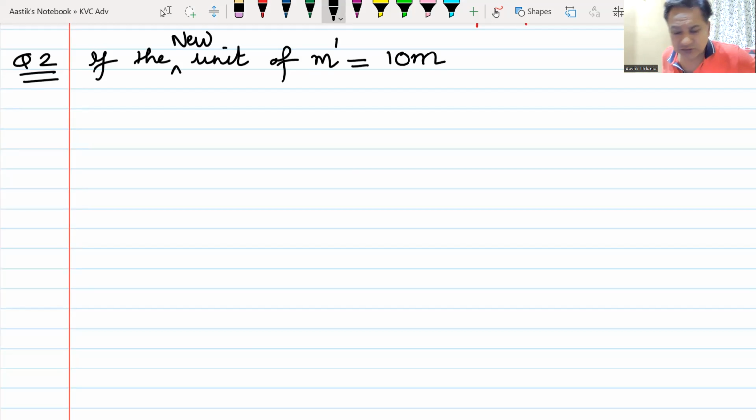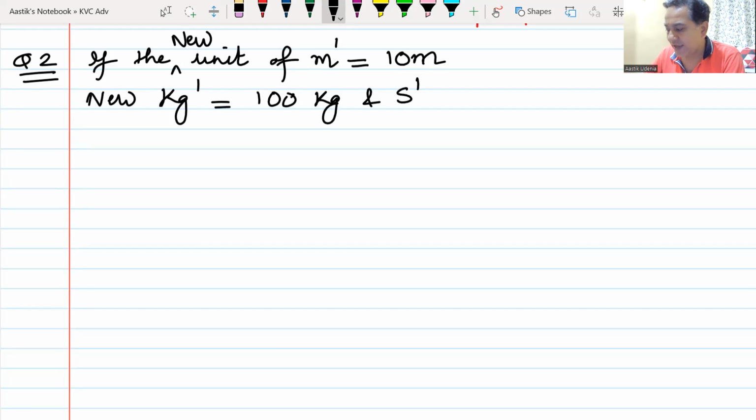So I create a new system in which my meter is 10 times of original meter. My new kg, which is kg dash, is equal to 100 times kg, and my new second, second dash, is 1 by 10 times of the original second. Find